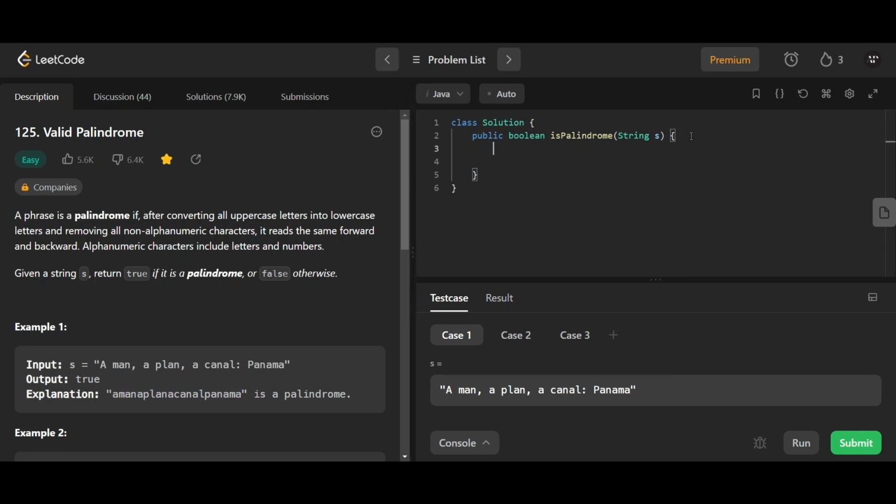So let's do this. Let's define L equals 0 and R equals s.length minus 1, and while L is less than R. Okay. So first thing is if